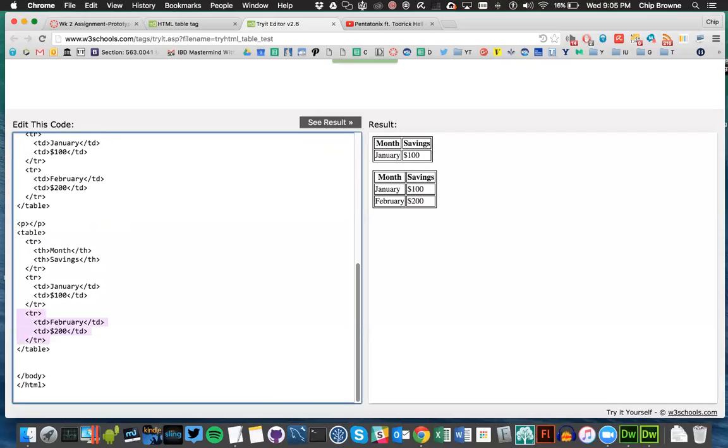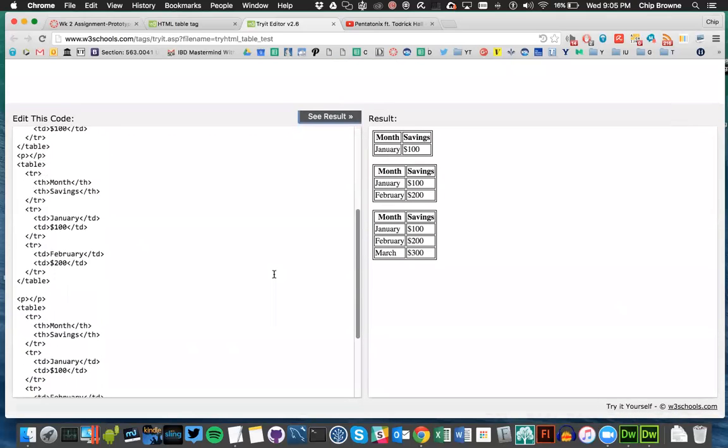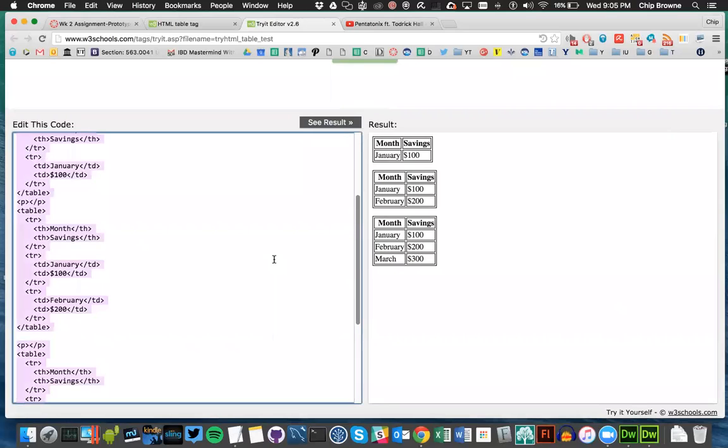Okay, so grab this last row, copy it, paste it, and then we put in February, March. So let's do this. Change it to March, and then let's go to 300. And so then we do see result, and bam. So there's 2x2, 3x3, 4x4. See that? All right, so let's grab this, Command S, Command A to grab it, Command A selects all, Command